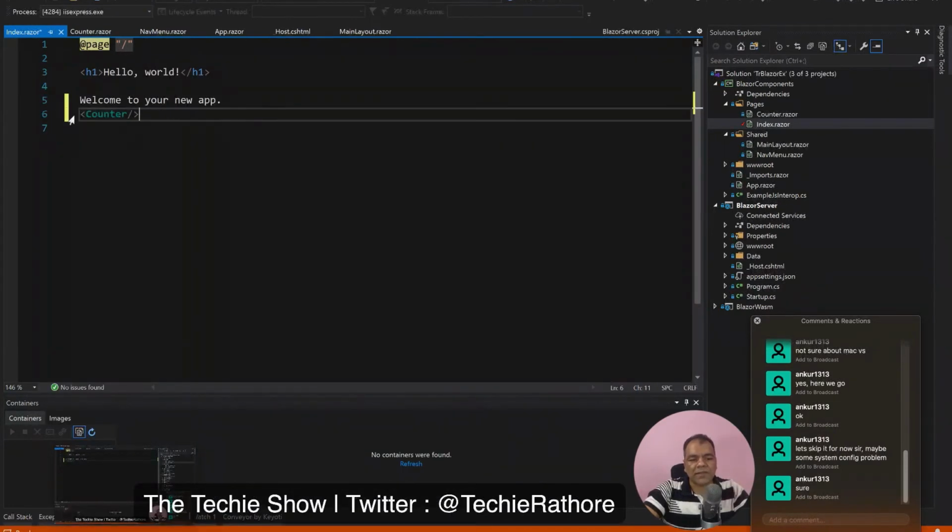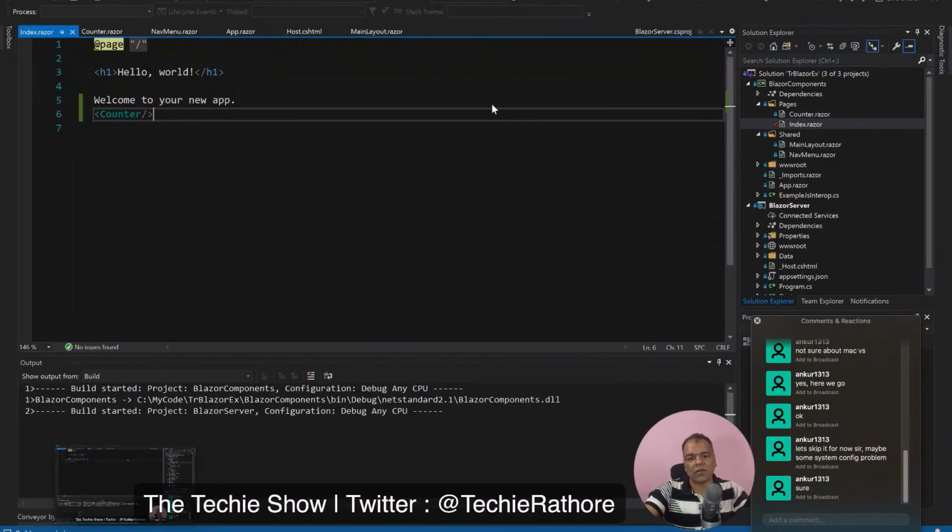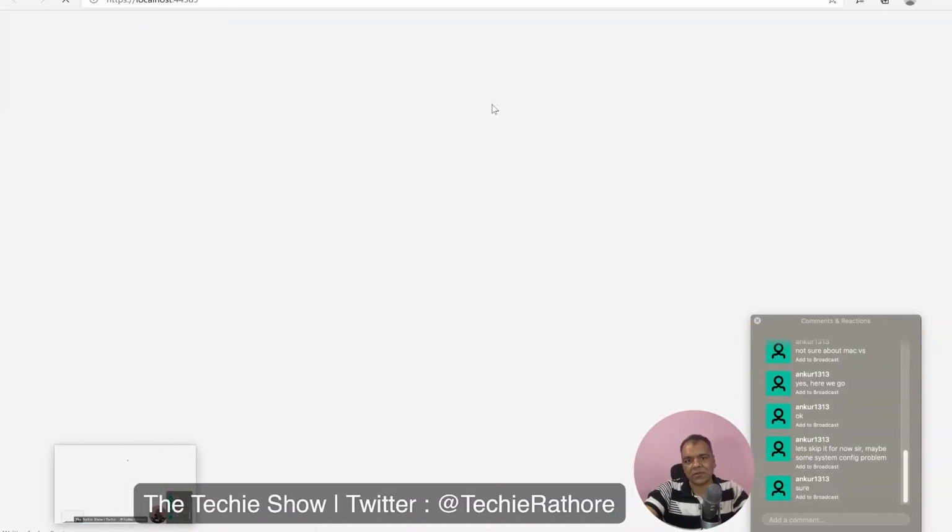So what will happen, in Blazor everything is a component. So every page available here, right now I can use counter in this index page like this. If I rerun this, you will see that counter will also appear on the index. Okay, so this is the component based architecture.